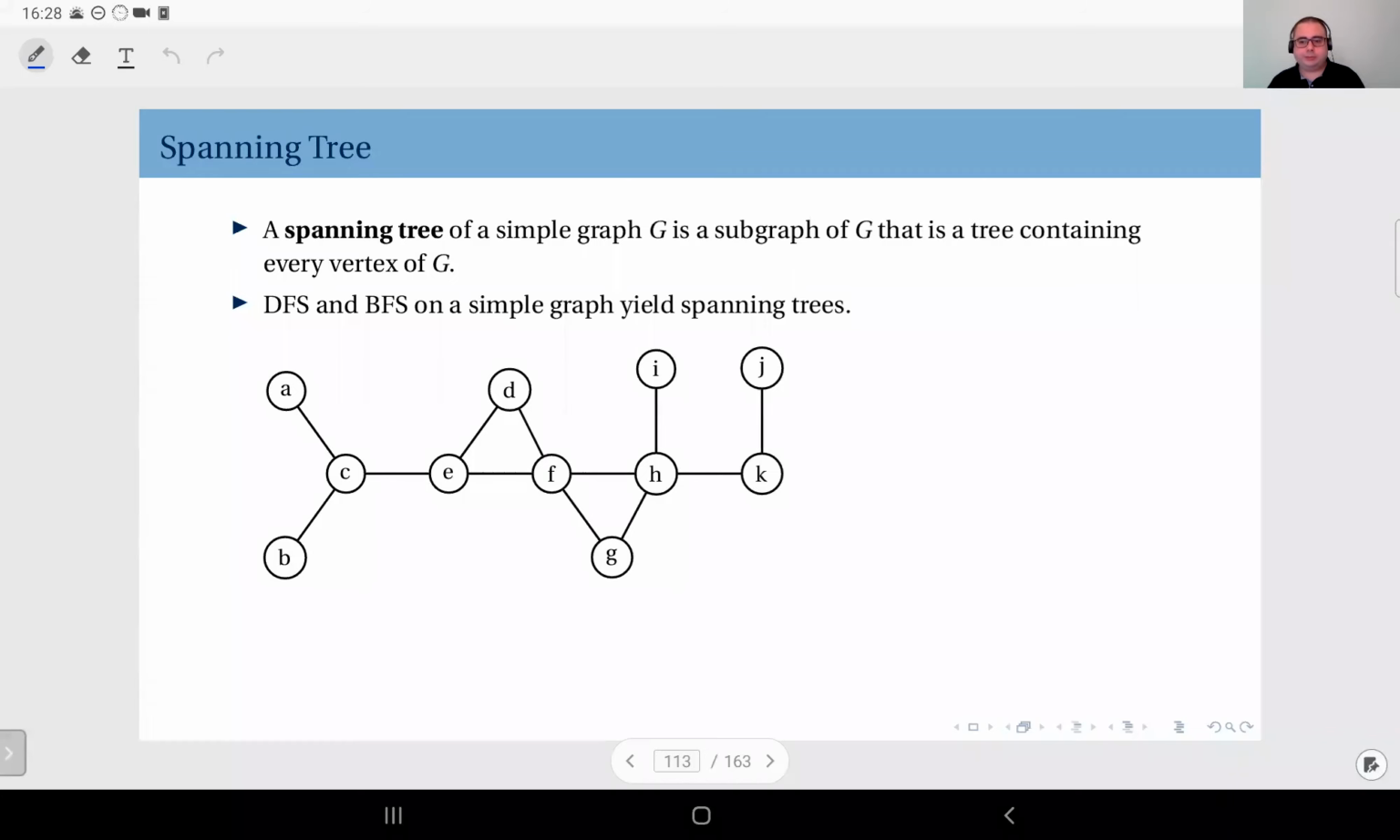The final concepts we are going to talk about are spanning trees and minimum spanning trees. A spanning tree of a simple graph G, now we are going back to graphs, is a subgraph of G that is a tree containing every vertex. So it has to be connected and it has to be a tree structure, and every vertex should be connected